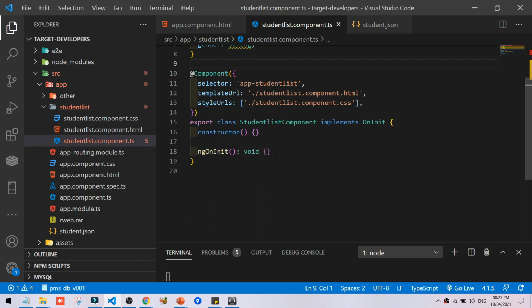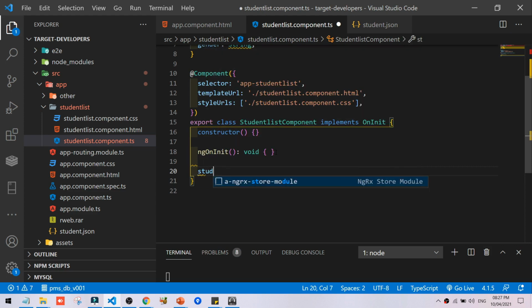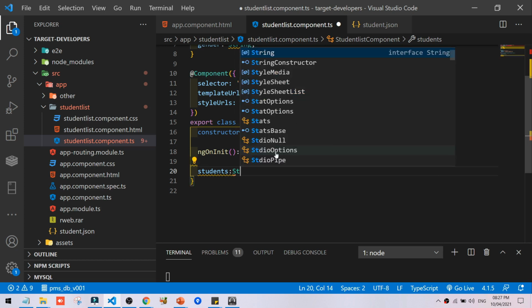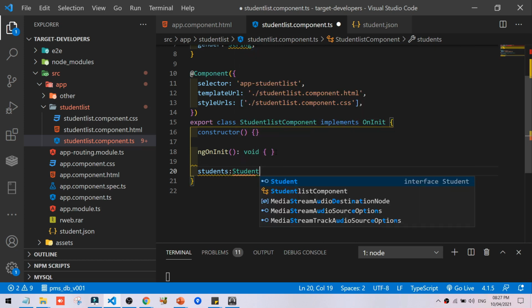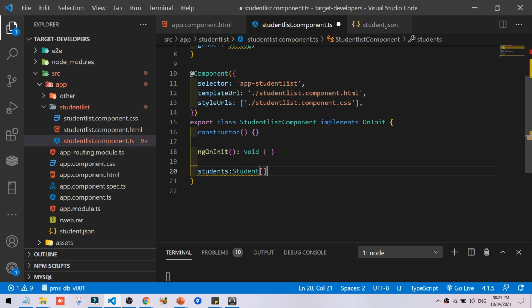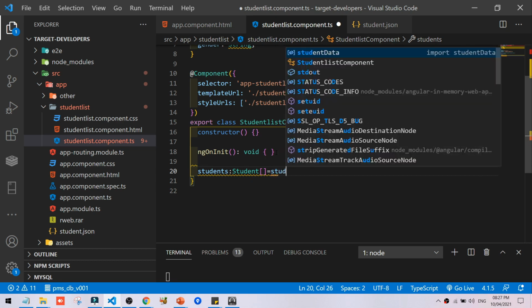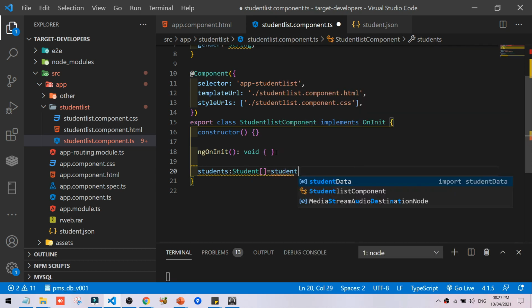Now we will create a student object array. So go to this line. We are giving students of type student array. In this, we are assigning the student data.